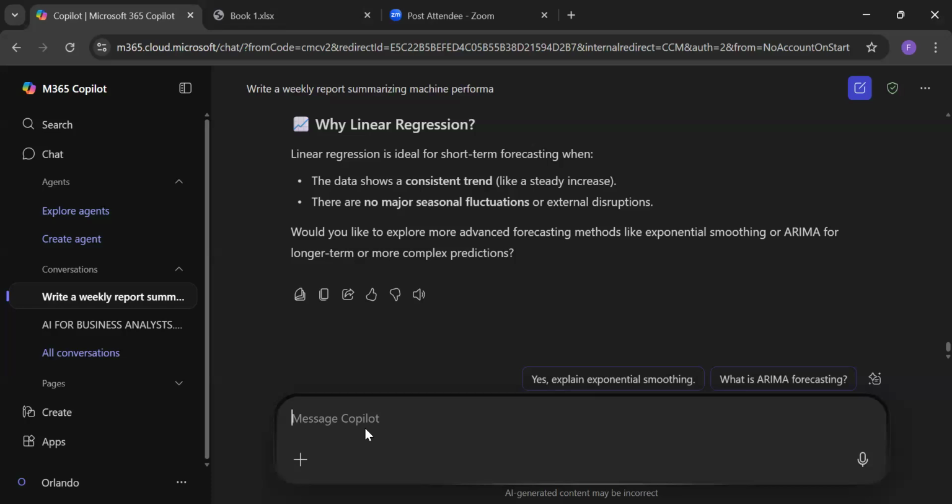Let's say you want to draft procurement emails. So let's say, write a professional email to the procurement team requesting restock.